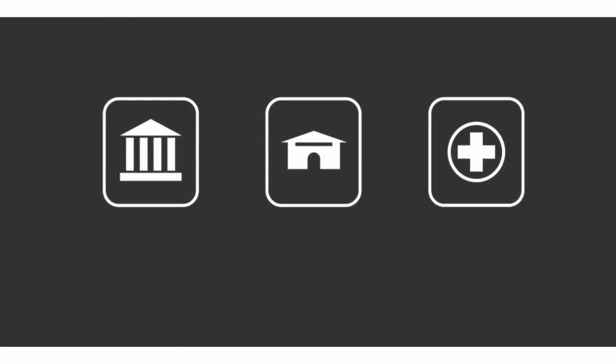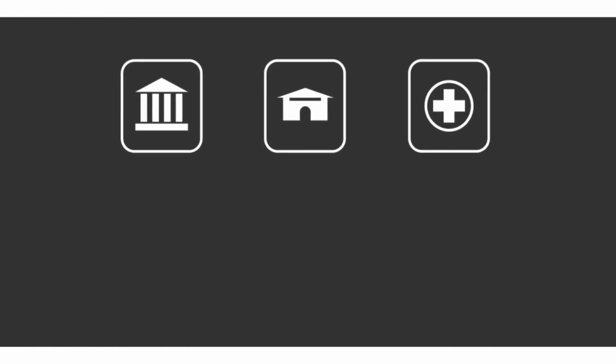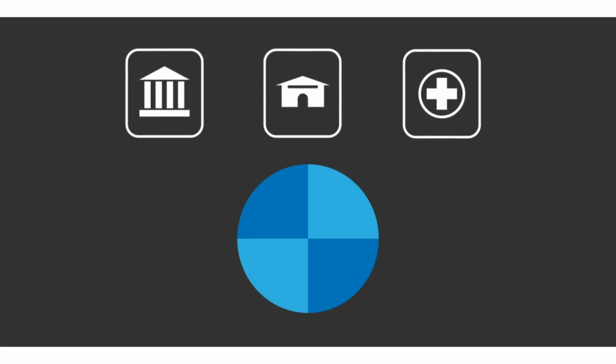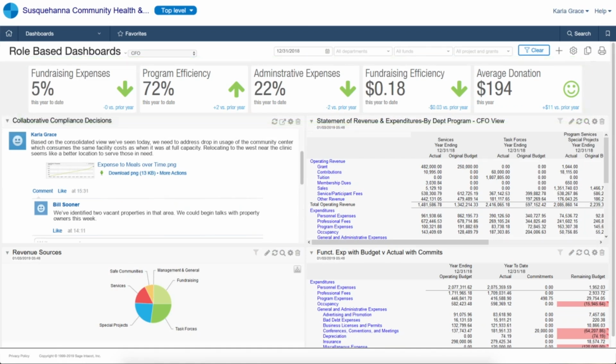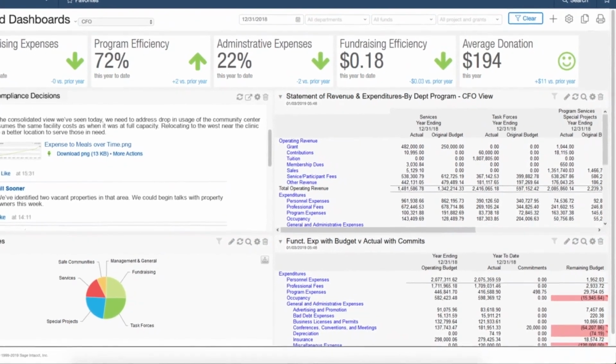Each of the entities we've looked at has a different focus but a shared chart of accounts, and the board of directors wants the top-down picture this afternoon. Because a shared chart of accounts provides for continual consolidation, we're able to roll up financial and statistical information to see across the entire organization. In the top-level view, we see that overall we're doing well. We see an instant view of metrics, graphs of expenditure budgets and actuals, and drillable report views of revenue and